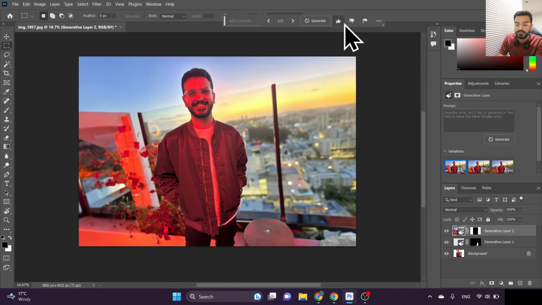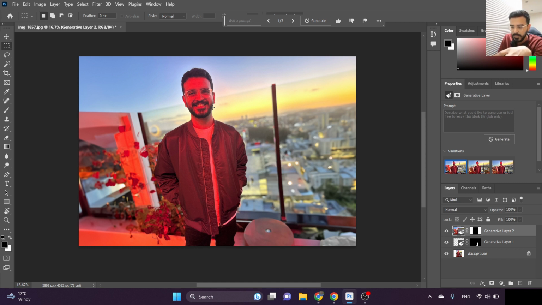And it just looks like it was part of the original image itself. So as you can see, the original image, which is mostly the center of the screen right now, has this red lighting because of the heaters that were opposite me,